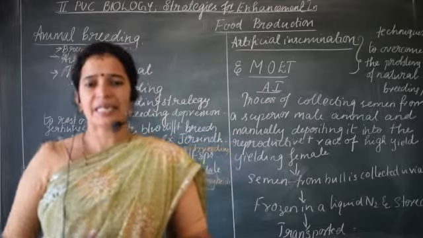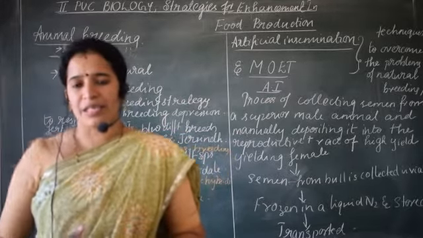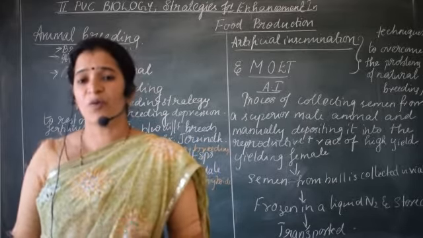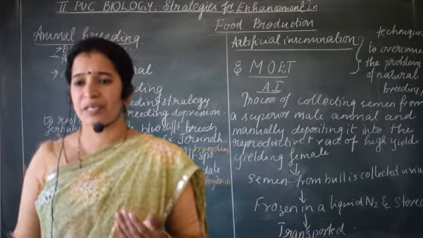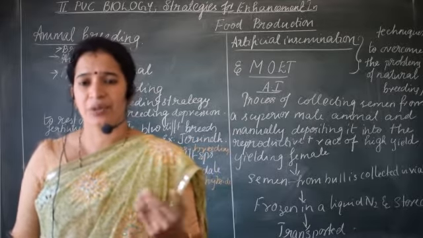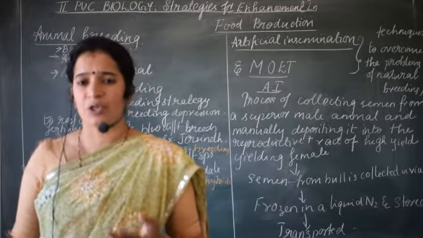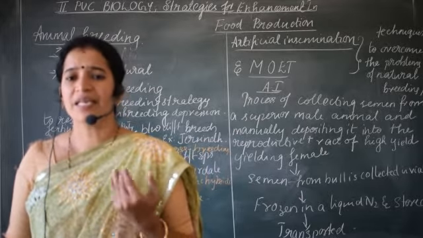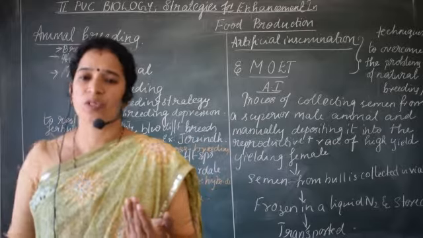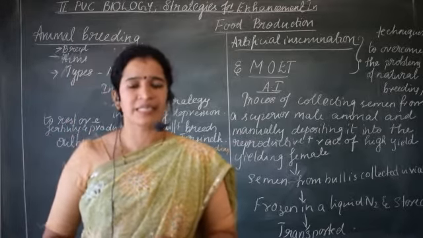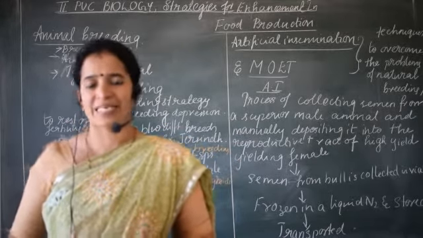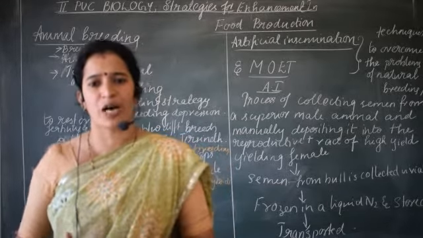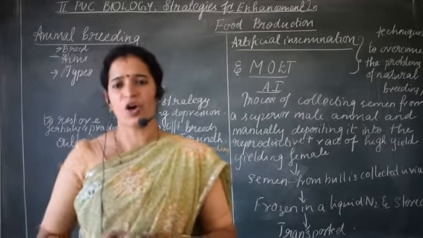Breeding between these animals is done continuously for many generations. We select and do this inbreeding again and again. So what happens when we do this for many generations? There is a chance of arising homozygosity, as we learned in genetics, where Mendel selected pure line characters. For example, by crossing tall and dwarf, he saw that in the F1 generation all were tall.